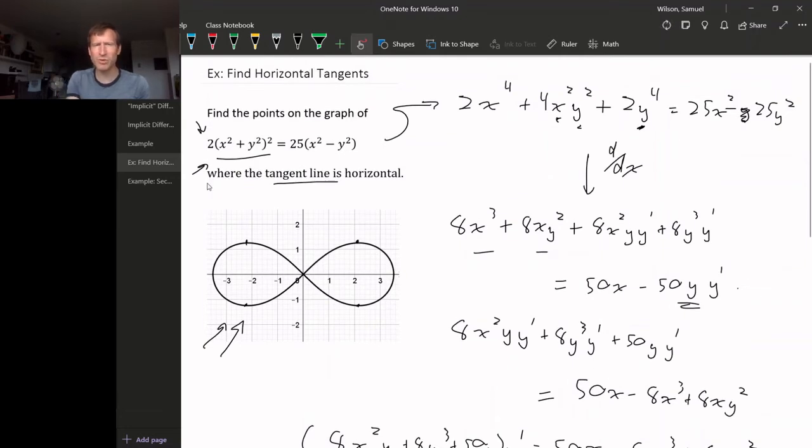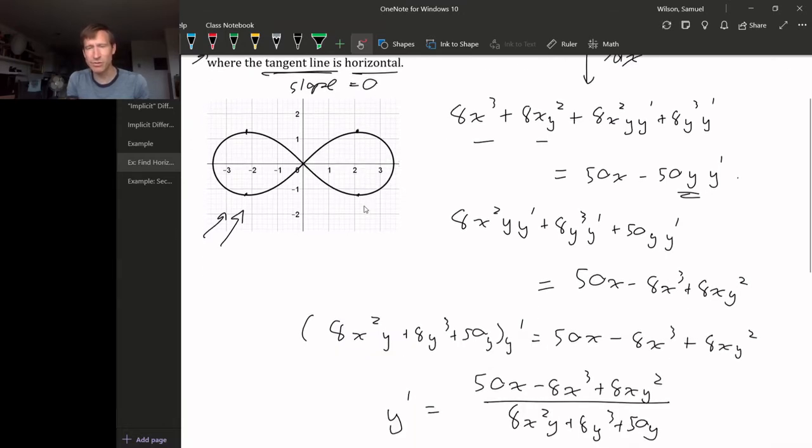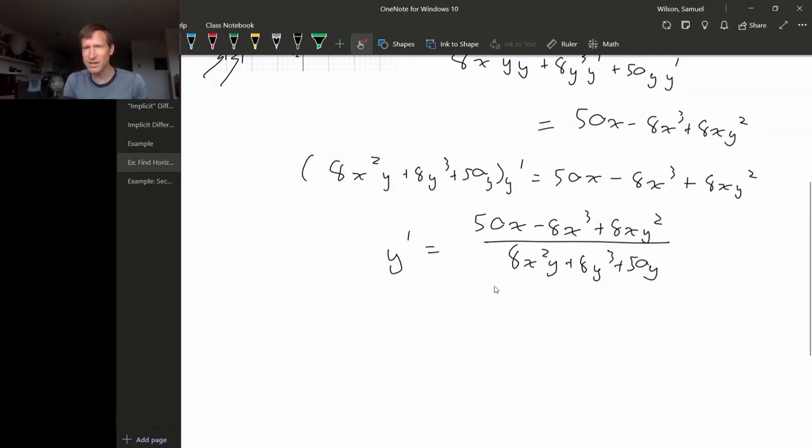So what were we looking for? We wanted to know where the tangent line is horizontal, but this is going to be where the slope of the tangent line is 0. Well, here's the slope of the tangent line. If we want to know where this is 0, we can just set this equal to 0 and solve. When we do that,